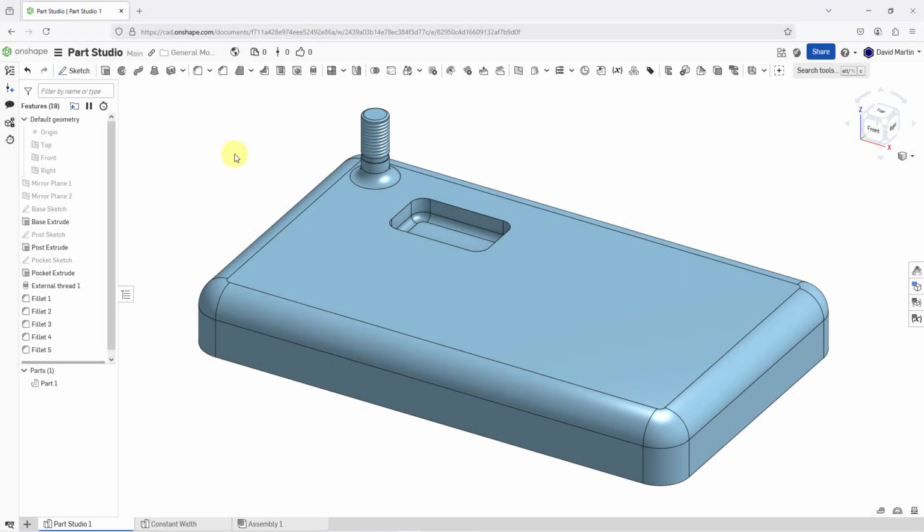In Onshape, you can temporarily delete a feature from a part in a part studio using the suppress command from the feature list. Two of the main uses for suppress are to evaluate different design alternatives and to debug a model. By evaluating different design alternatives, let's say you have one feature in a model and you want to test what a different feature would look like in its place,